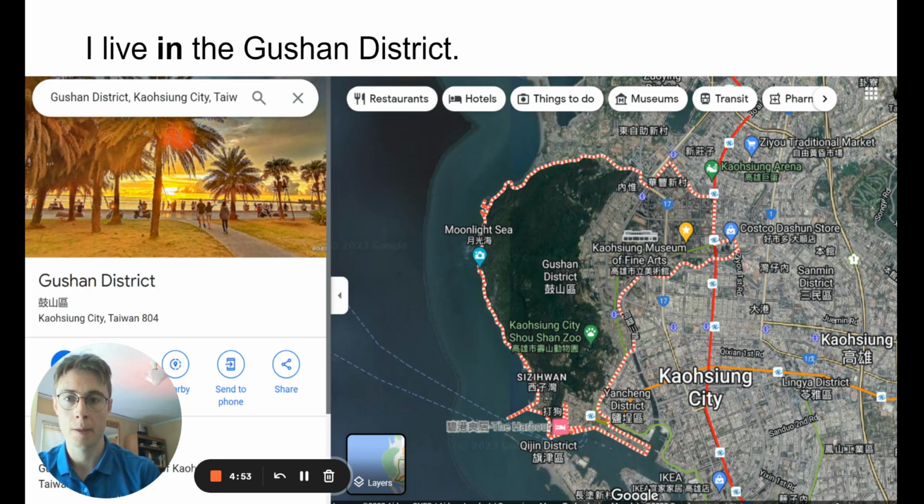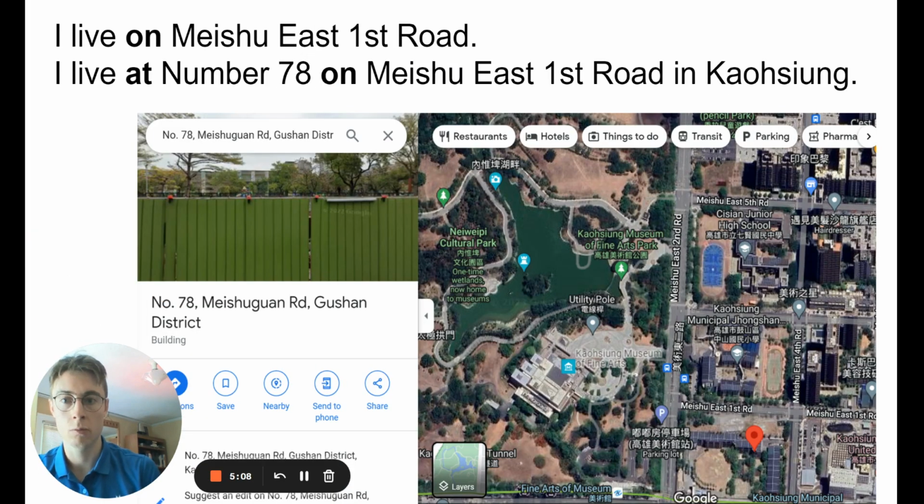So all these, we're still using the word in, because it's still pretty broad. But now we've gotten down to the Gushan district. It's not that big of an area. So they might ask, well, where in Gushan district? And you might say, well, I live on Meishu Street.